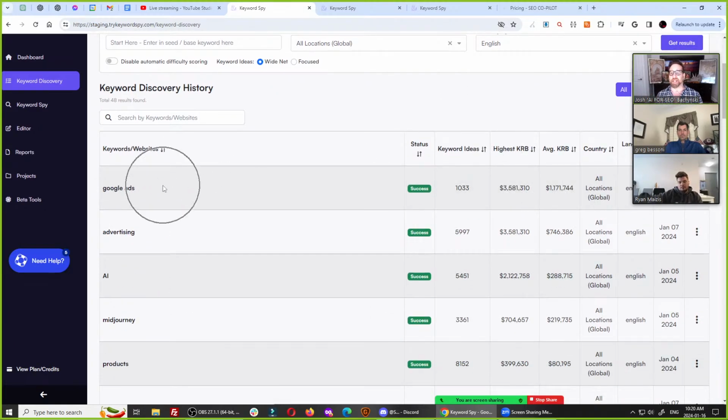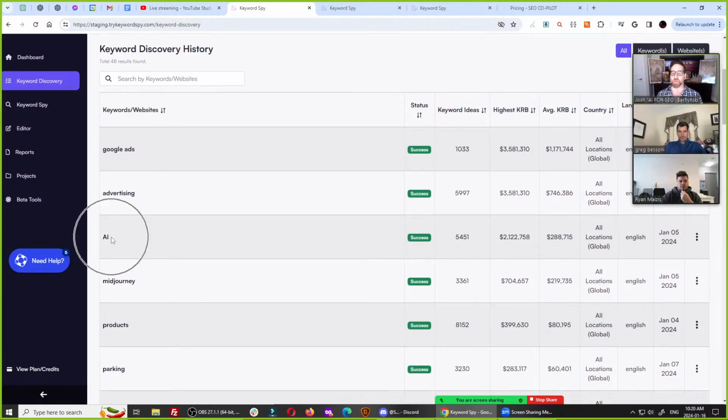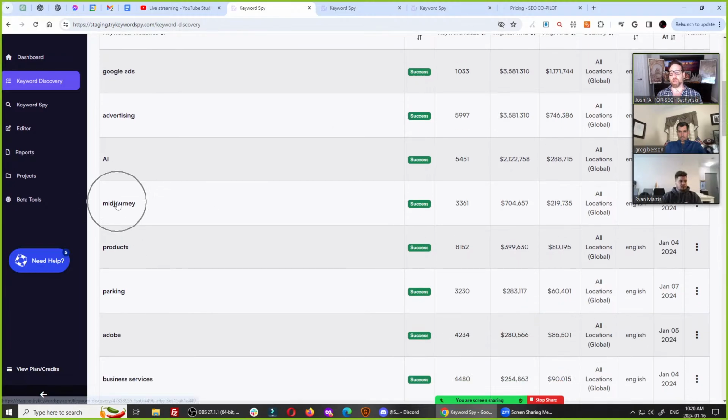You see, I can tailor it here, and it gives you a rough idea of how much money. Did you think there's money in Google Ads? Yeah, there's a ton of money in Google Ads. It doesn't mean you'll make this money. It just gives you a rough idea of the score, if you will, of how much money is behind advertising, or how much money is behind AI, or how much money is behind Midjourney, or how much money is behind products, generally speaking. Of course, there's hundreds of thousands of dollars behind products, right?